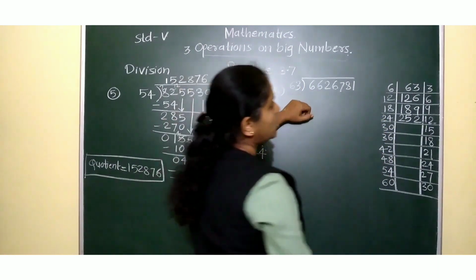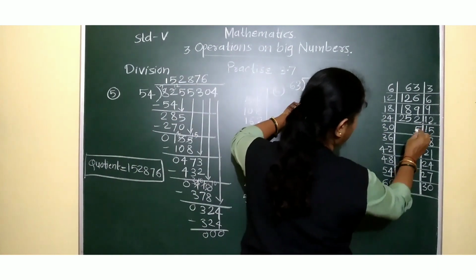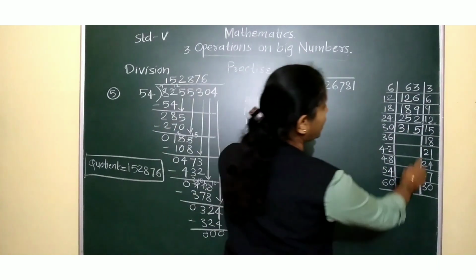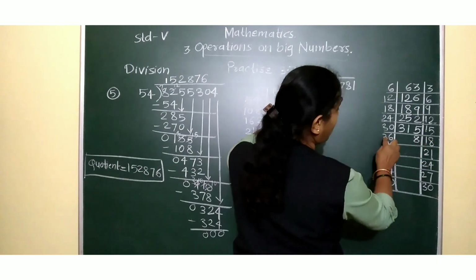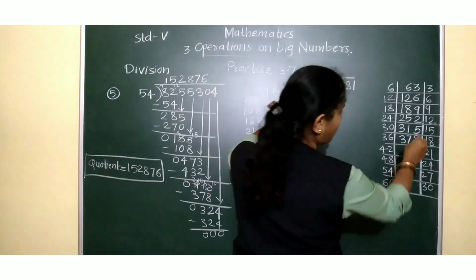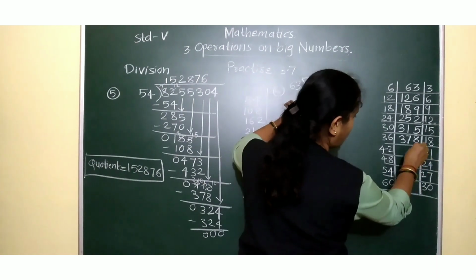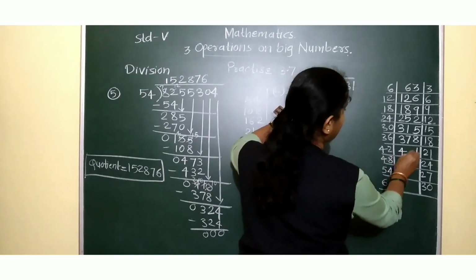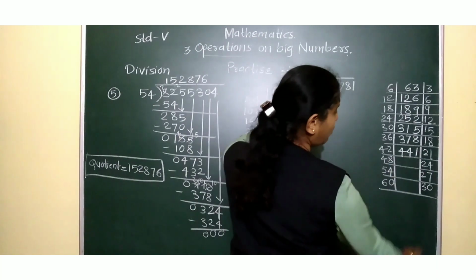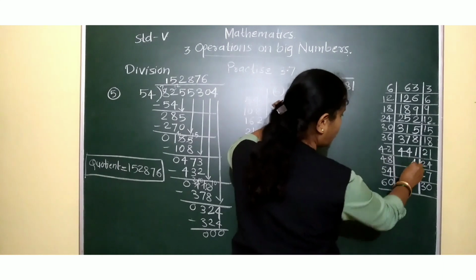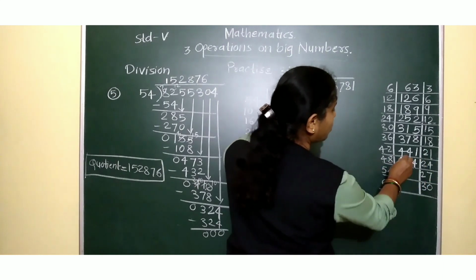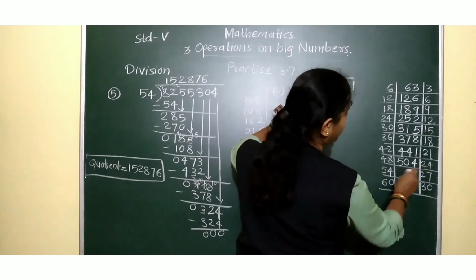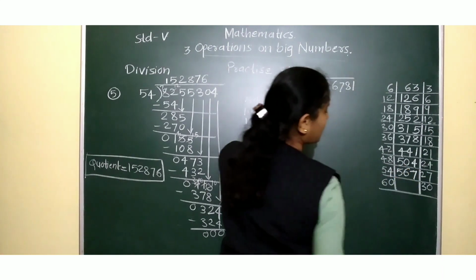Got it? Now see here. This 5 write as it is, and 30 plus 1 is 31. Correct? Now here 18, 8. Correct? And 36 plus 1, 37. Now here this 1 we have to write here. 42 plus 2, 44. Okay? In this way we have to make the table. Now here which digit? Ones place, that is 4 we have to write. And in 48 add 2. 48 plus 2, 50. Here see 7 write as it is. 54 plus 2 is 56.